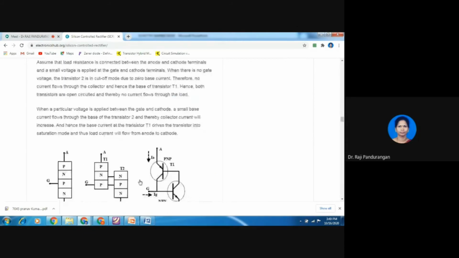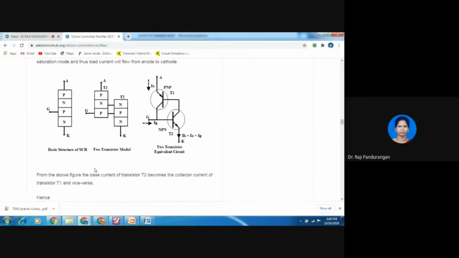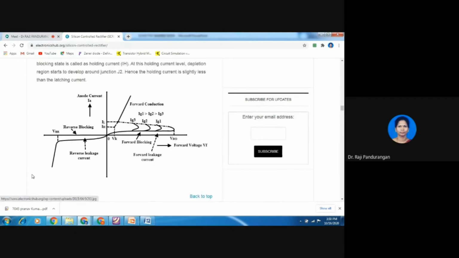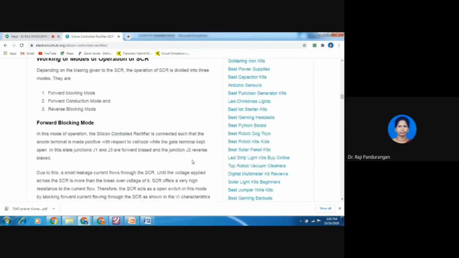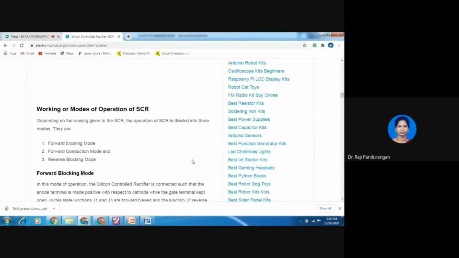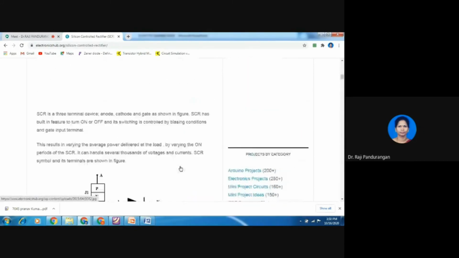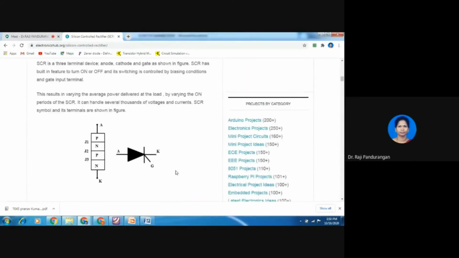If we clearly see the structure of this SCR, as I told you, it is connected this way. If I break it open and separate it, this diagram is very important for your exam. In your exam, this diagram should be there, and the explanation of it should take nearly 1.5 pages. So for a 14 mark or 13 mark question, 3.5 pages. 14 marks means you have to write 4 pages. Don't just write 1 page and expect to get the marks.